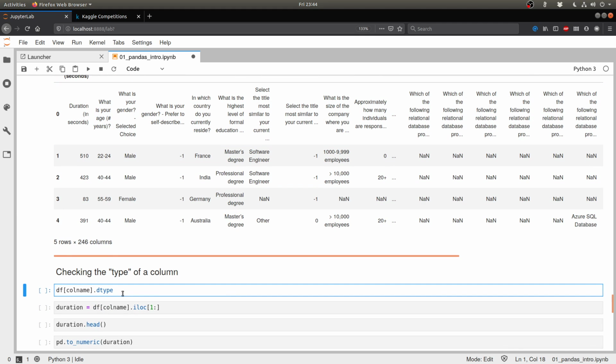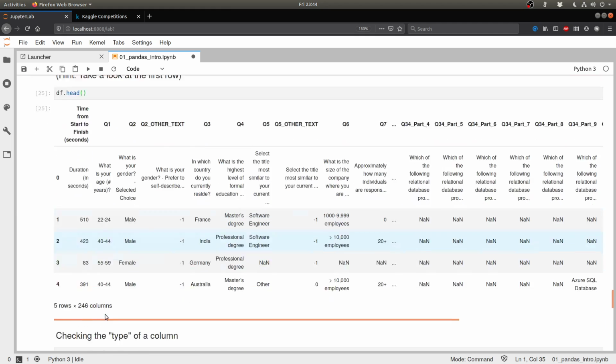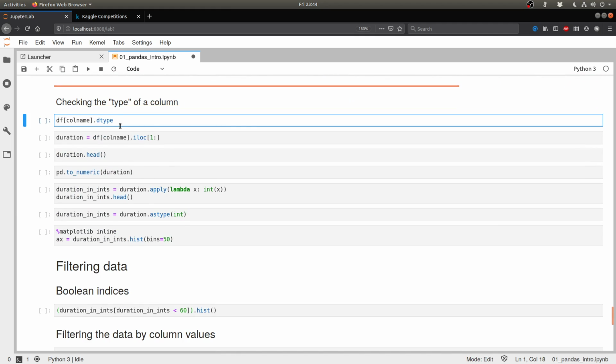So in order to debug this error that we got, it says that it's a type error, which usually occurs in Python when you're trying to do operations on things that don't have the correct type for it. And that is actually true over here. When you do a less than or equal to, it is only supported between two numbers, not between a number and a string. So the type of the variables that you are passing to this operation were incorrect. Let's take a look at the type of this particular column.